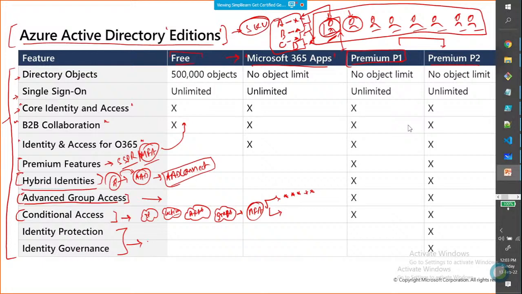Okay, so it will use advanced machine learning features in the backend in order to predict and detect malicious activities, malicious sign-ins that are going on in the backend. And with that, it will also perform